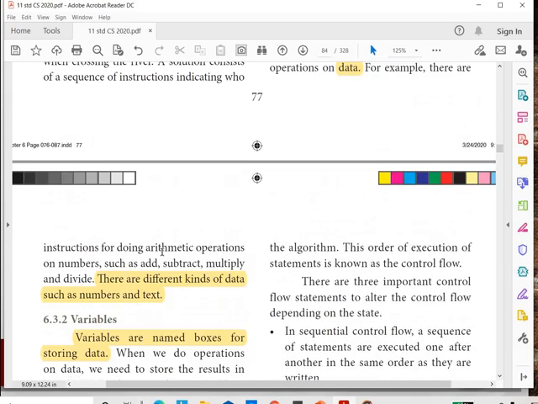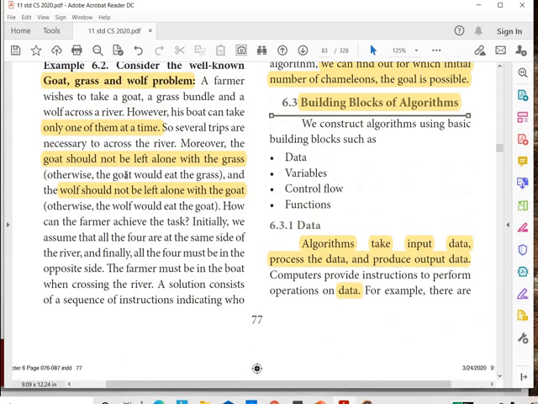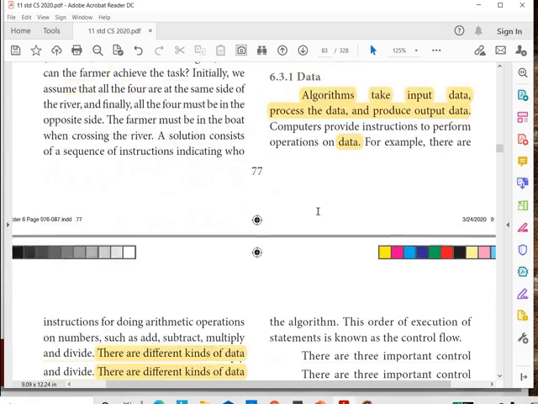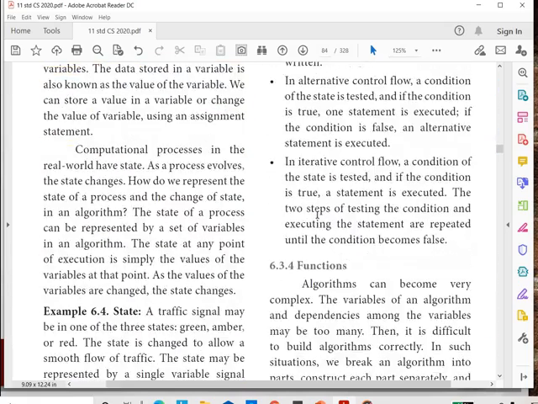So in the building blocks, you have learned what is data and what is variable. Then you must know what is control flow and function. So I know data, that is the thing on which the algorithm is going to be written. Variable, that is the place where data is stored. Then what is control flow? Control flow means